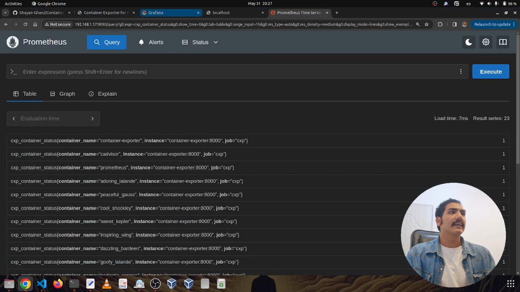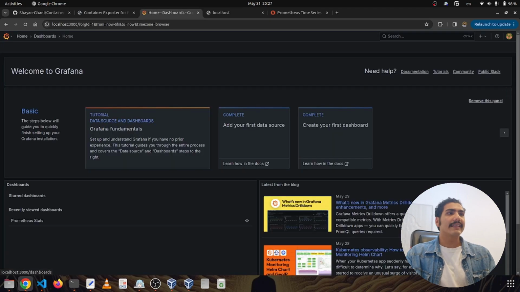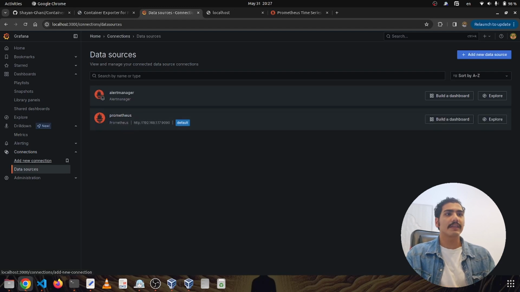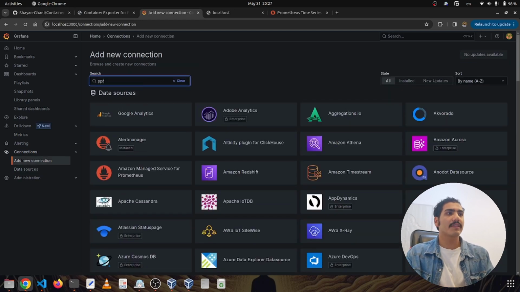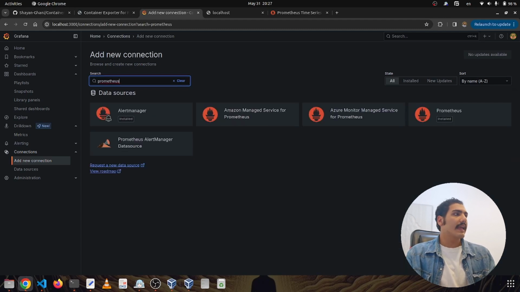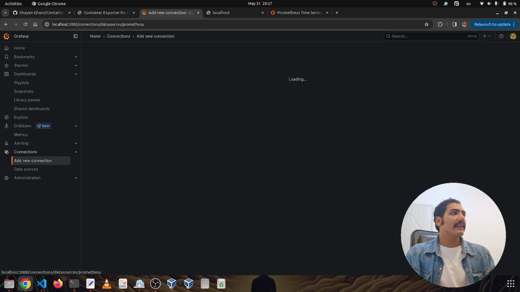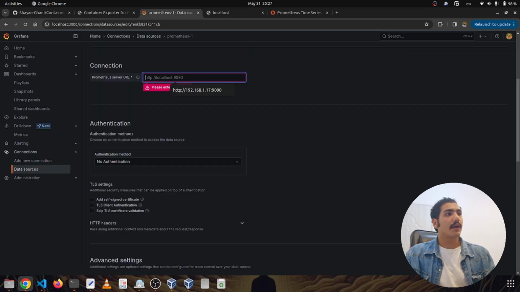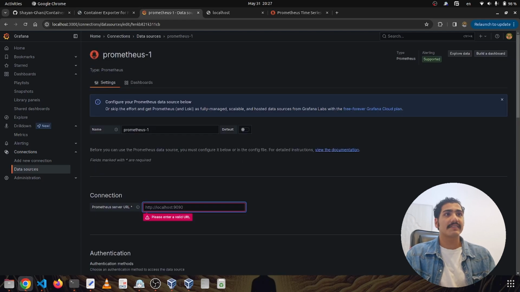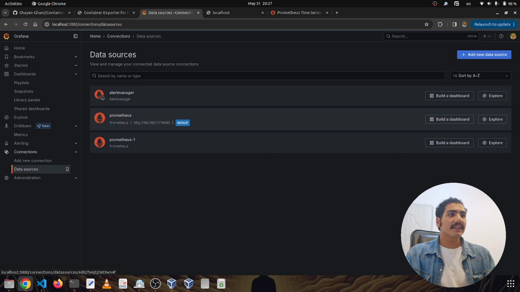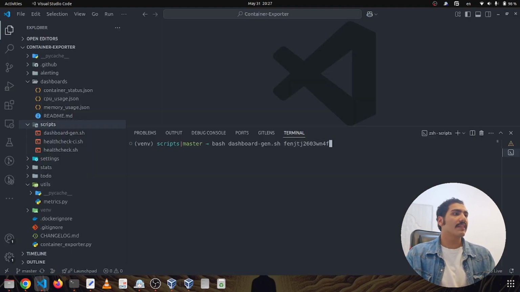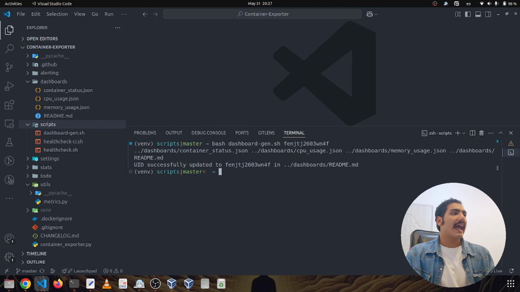So how can you get that? If you go to Grafana here on login, you go to data sources. If you don't have a Prometheus source already, you can say add new connections and then search Prometheus. And then from here, you can add a new one. And well, it's fairly easy. You just add a new data source and fill in the address for that, and everything is nice and clear, but we already have it. So if I click on any of this on Prometheus, it gives me an ID here on top at the URL after edit. So I take this and feed it into the first argument of dashboard gen,